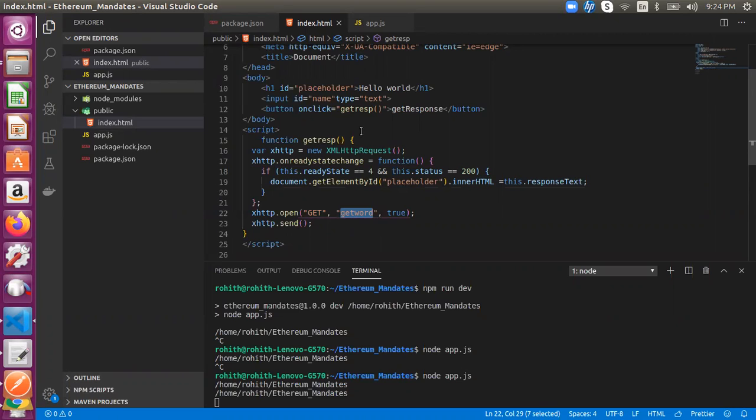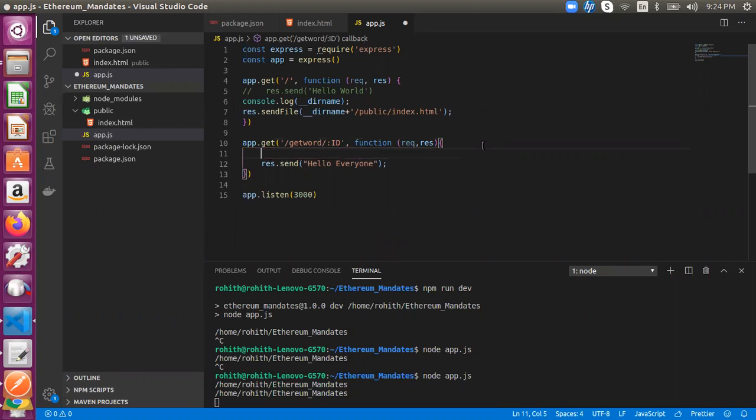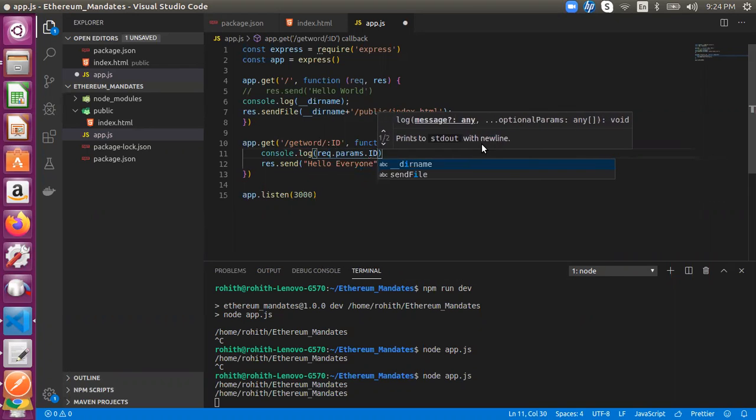So I can make it parameterized here, like colon ID, so that the ID can be taken at runtime. I can check in the console.log request.params.id.